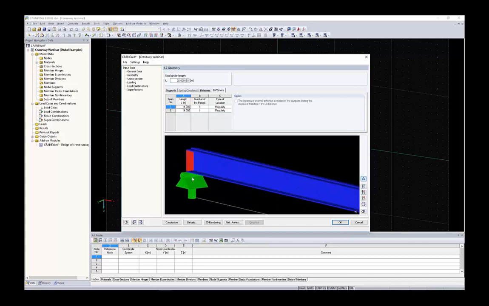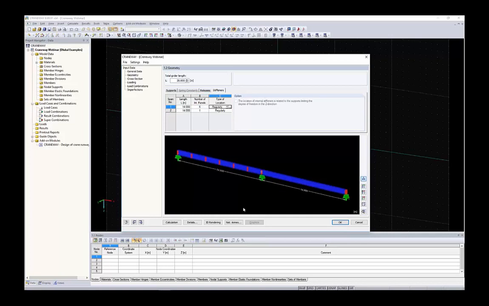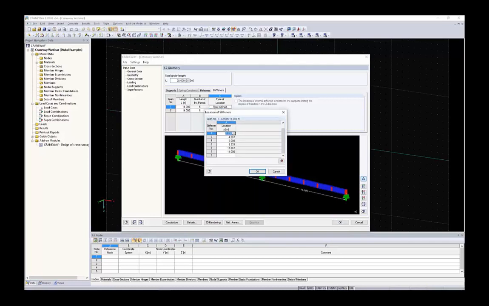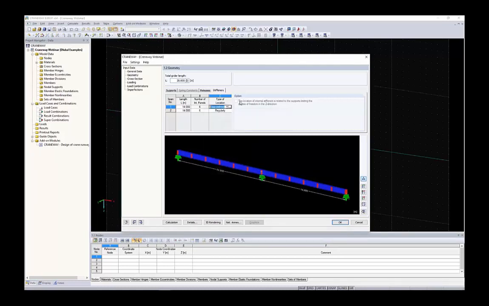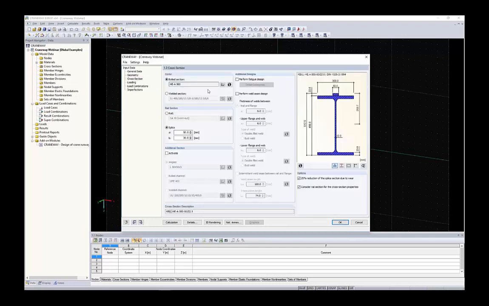The stiffeners over there are not for the calculation of the internal forces, but they define the intermediate panels for the design of local buckling. So in this example, I want to have 6 intermediate panels on both sides as regular, or you can even use user-defined and choose whatever distance you want. Okay, regular 6 panels, and that's okay with the definition of the CRANEWAY itself. We can just continue to the next